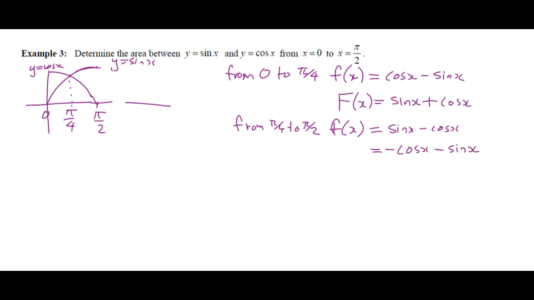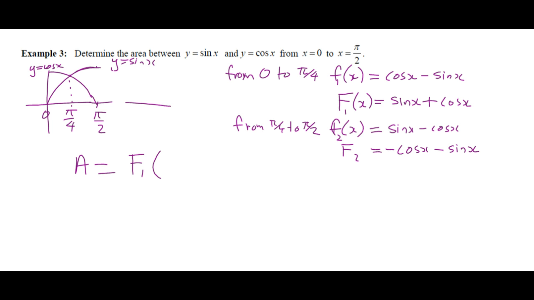They're kind of the same, but this is the negative of that, which is going to make this area positive now. Otherwise, if we had just used one or the other, then one of those areas would come out as a negative, like when you've got lower minus upper, but the absolute value would make it positive. So the area, let's call this F1, and we'll call this F2, and we'll call this little f1, F2. Okay, so the area is, now we don't need absolute value now, so we need